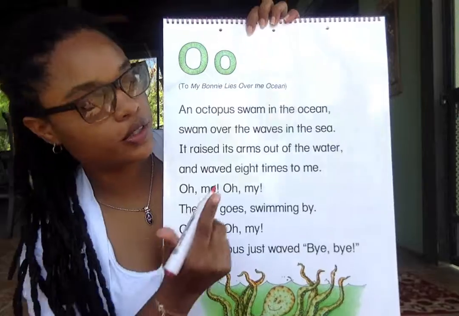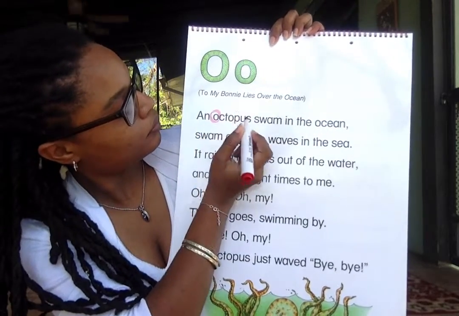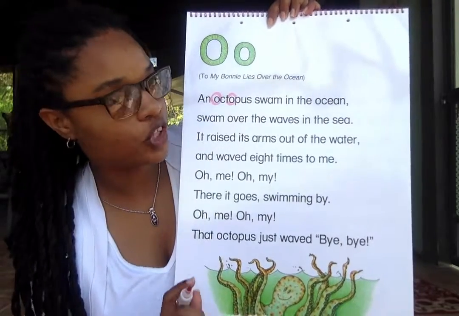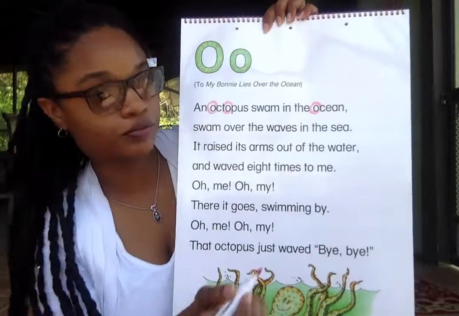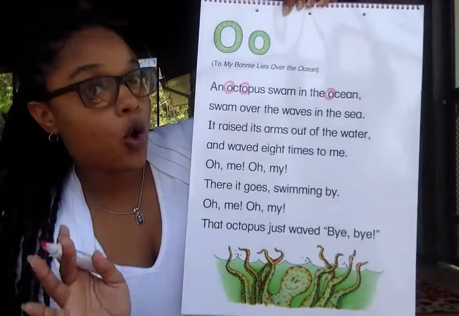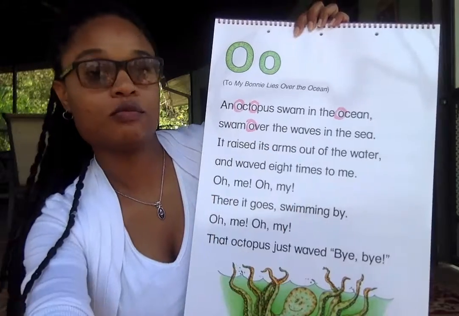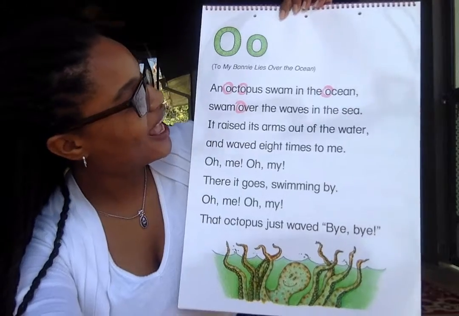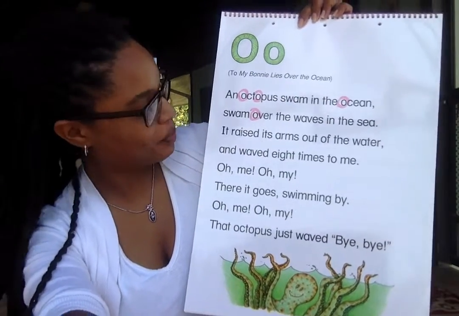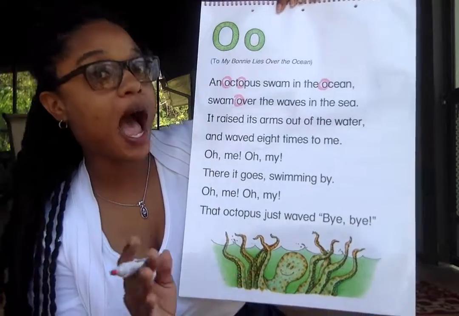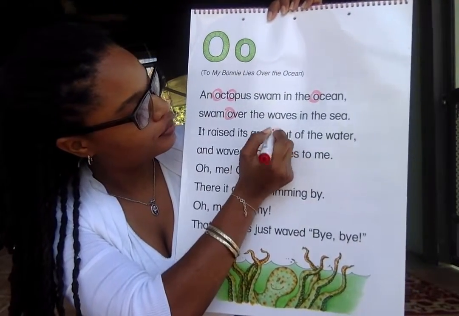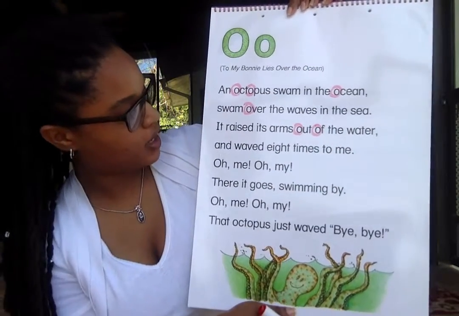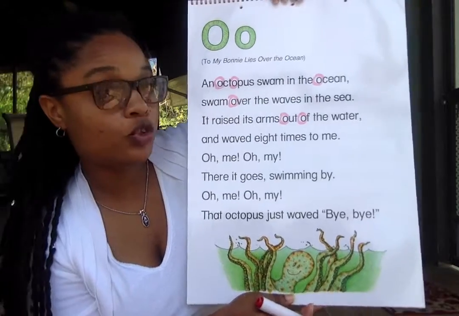An octopus, see another one here as well, swam in the ocean, swam over, very nice, it's looking good so far, very proud of you my boys and girls, the waves in the sea. It raised its arms out of the water and waved 8 times to